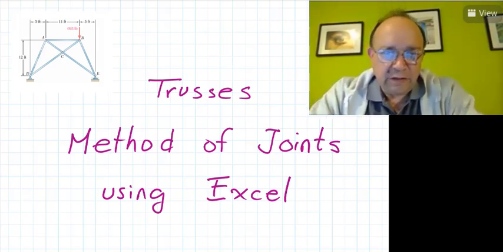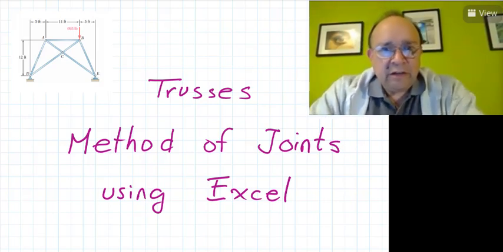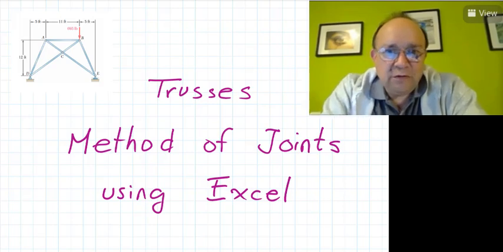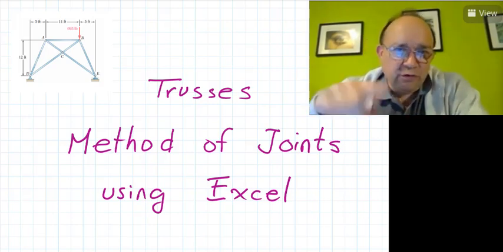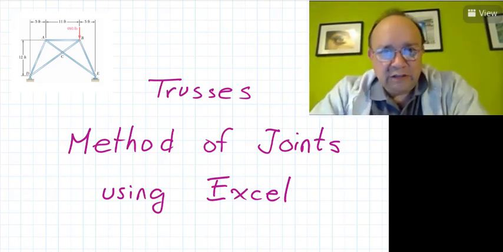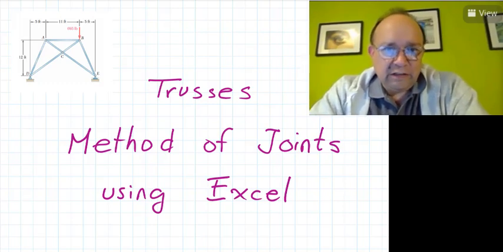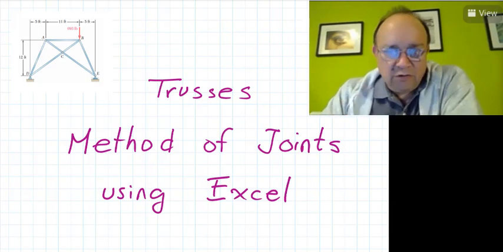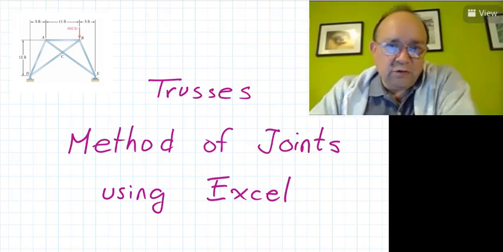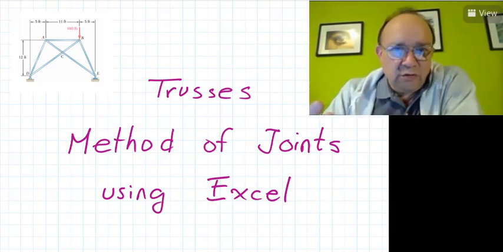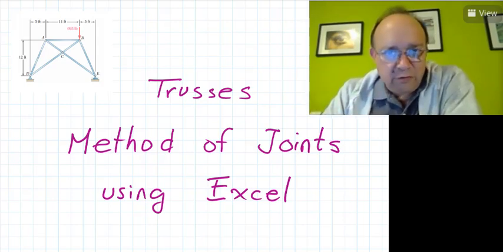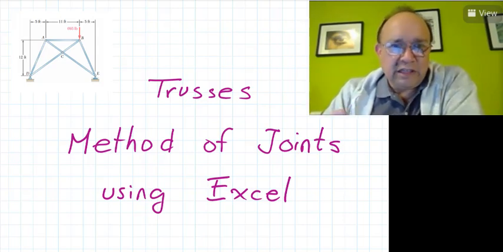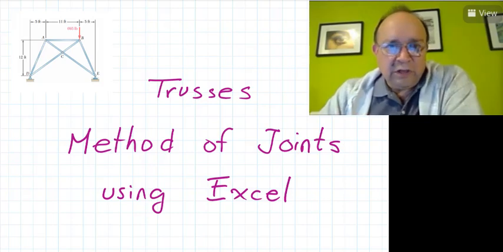The advantage of this is that, first, you don't have to calculate the reactions before you start. Usually they tell you that you should do the free body diagram of the whole structure to find the reactions. And you know that in the method of joints, you don't necessarily need to do it. Sometimes you have to, sometimes you don't. In this case, you just don't have to.